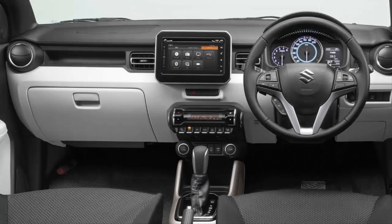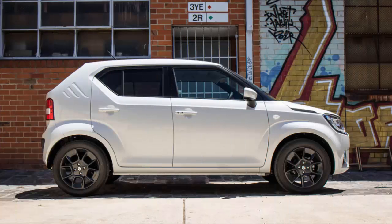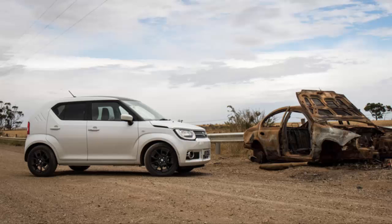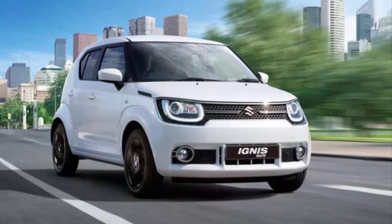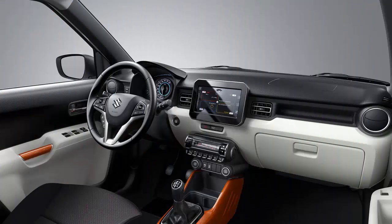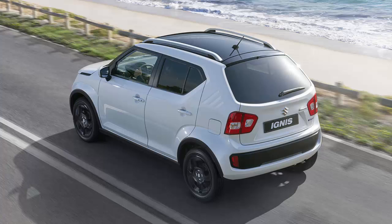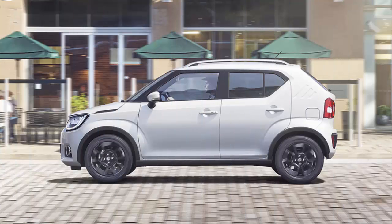Notwithstanding the veracity of this claim, which we'll explore later, what you can't deny is the Ignis' edgy retro design. Google SS20 Suzuki Cervo, that makes the brand's much cheaper Celerio look a right snooze-fest. The reborn Ignis has already attracted its share of admirers around the office, but is there any substance behind the style? Launched this week in Australia, the revived Ignis has a starting price of